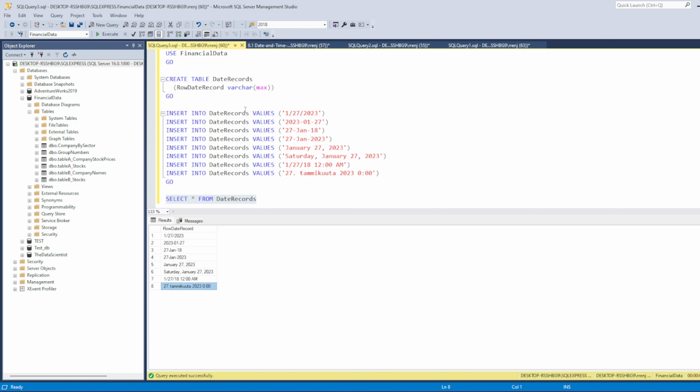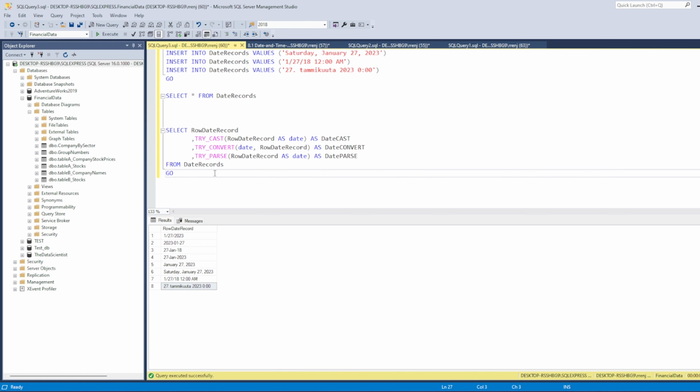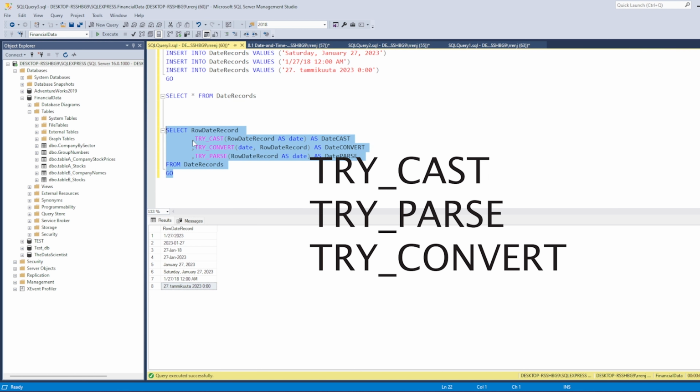Now if you see what I've done, the data type is basically a varchar. So basically it's a string format. Right, so this is how you should import the date format, or let's say the time format, into your database. Now let's first try to cast these, or let's say try to use try cast, try convert, and try parse, because when we use try cast, even if there is an error,